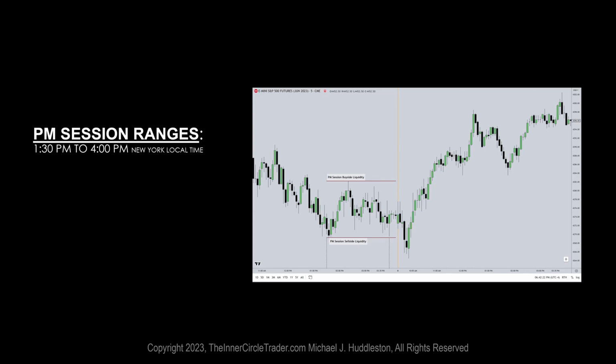It's very simple. So PM session ranges, you're looking for the highest high and the lowest low between 1:30 p.m. and 4 p.m. Now, is there any ambiguity there? No. It's very simple, succinct, right to the point. Now, what do you do with it? If you are bullish, okay, and we are trading in close proximity to that range, as we see here,